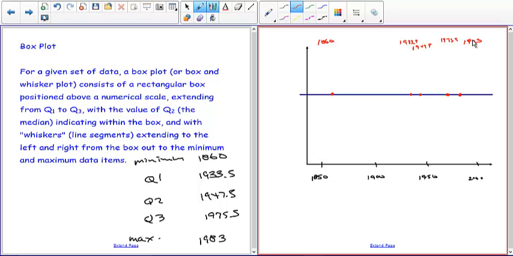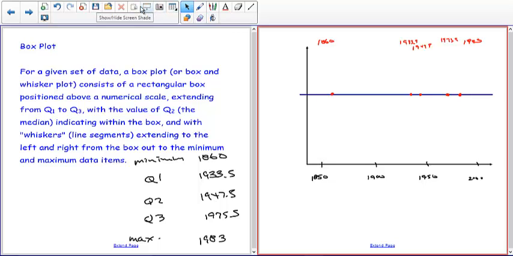So it says, for a given set of data, a box plot consists of a rectangular box positioned above a numerical scale. Okay, there's your numerical scale. That's above, extending from Q1 to Q3. So we'll do that first. So we make a box,